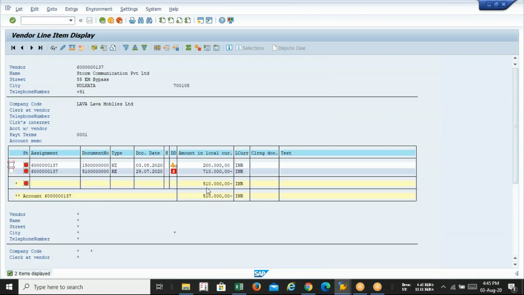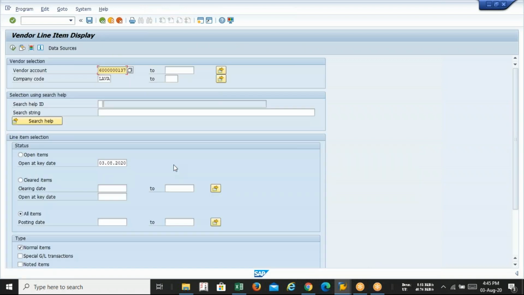You can see the balance is coming only 5 lakh 10, which is quite clear. 7 lakh 10 is my total outstanding amount. I have made the payment of 2 lakh, so the closing balance is 5 lakh 10. And if you want to check only the payment amount, click on the cleared items and execute.